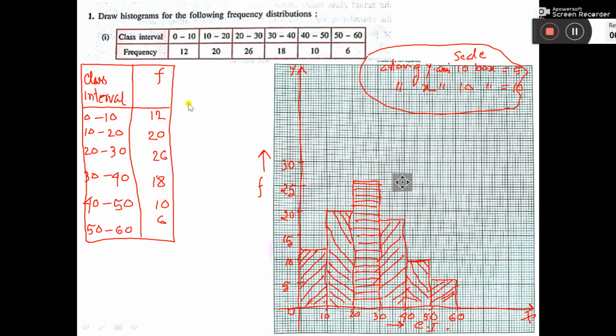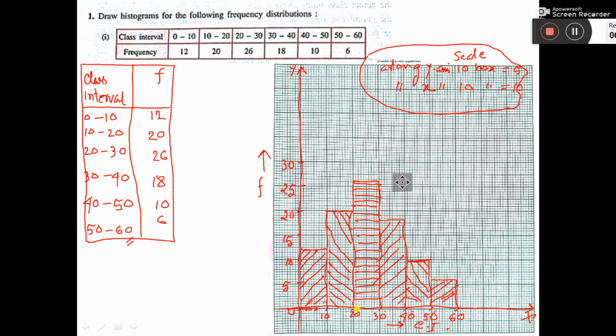Yes. Now see, the class interval starts from 0 and runs up to 60. So you start from here at 0 and consider in such a way that it will cover the whole page. If not the whole page, at least more than 2/3. So see, I have taken 0 to 10, 20, 30, 40, 50, 60. I could consider this small box also as 10, 20, 30, 40, 50, 60. Then it would finish here only, but I should not consider it that way.